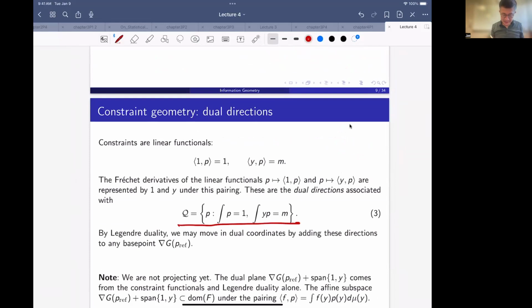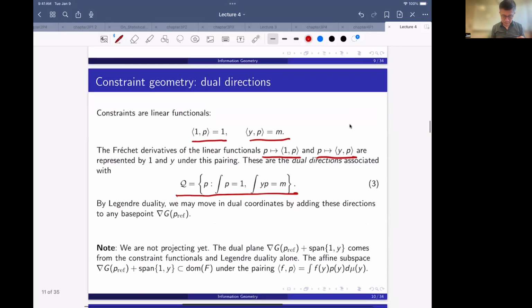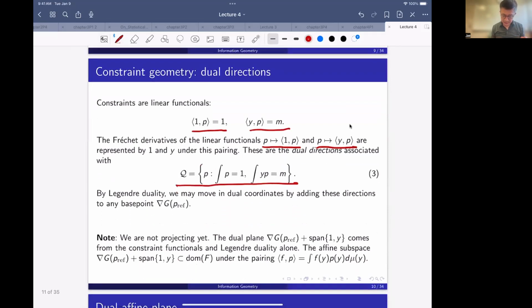But if you view it as a mapping, so linear functional as a mapping, and then the derivative, the Frechet derivative of the linear functionals, are represented by one and y. So if you naively think of differentiation with respect to p, then what you're left with is one and y. So that is indeed a basis for the other